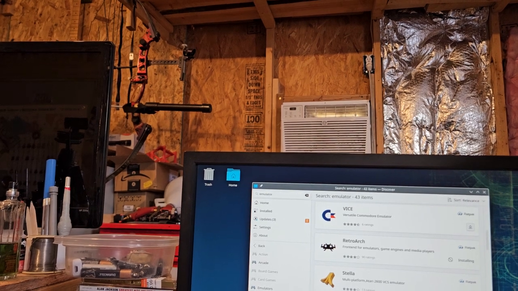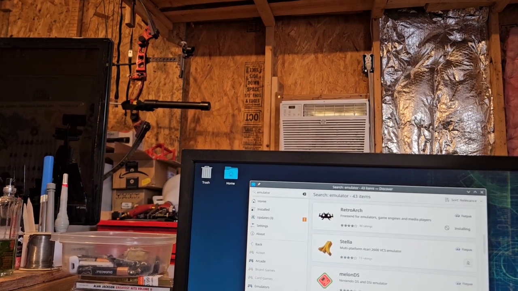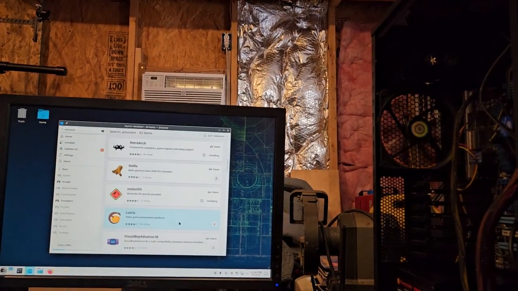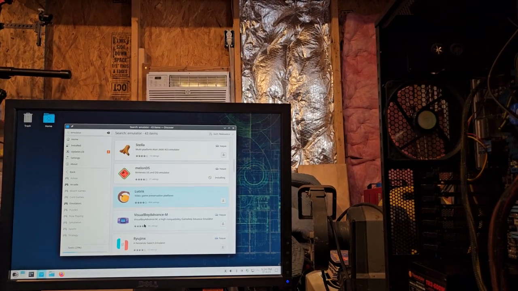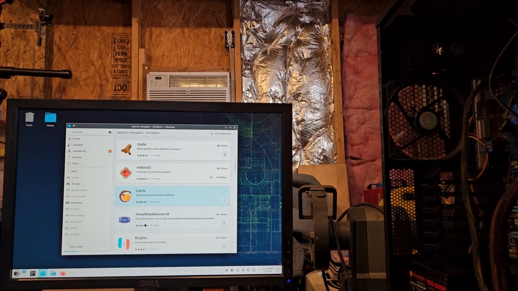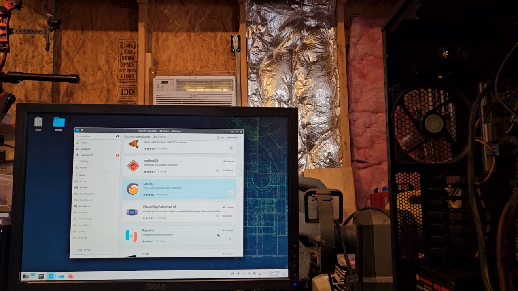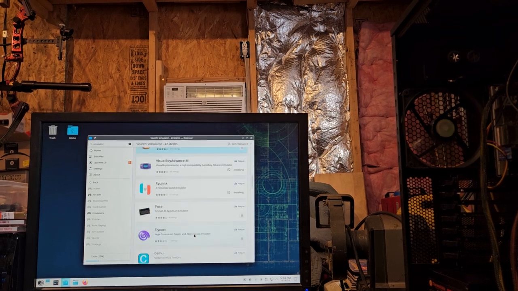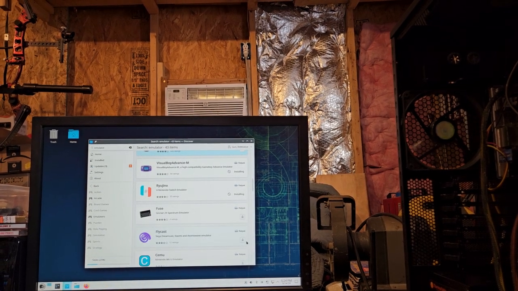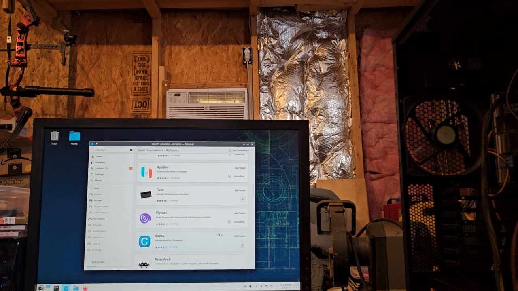Nintendo DS. Video game. Let's see. Visual Boy Advance. Okay. Nintendo Switch emulator. Fuse. Sega Dreamcast emulator. So what I'm noticing too is all these are all